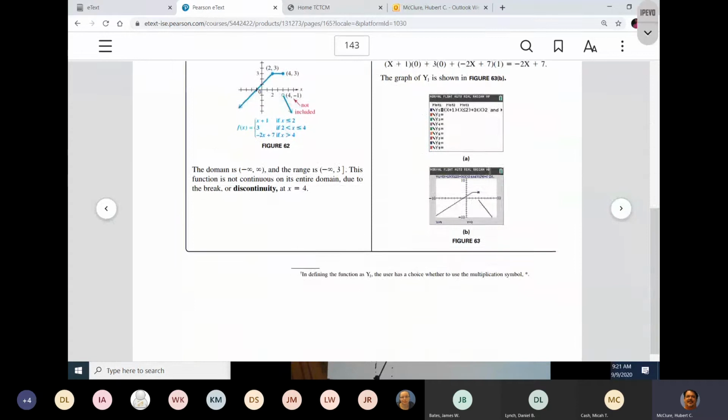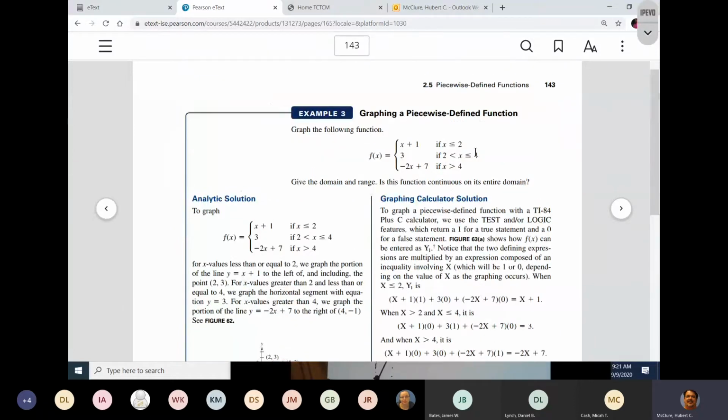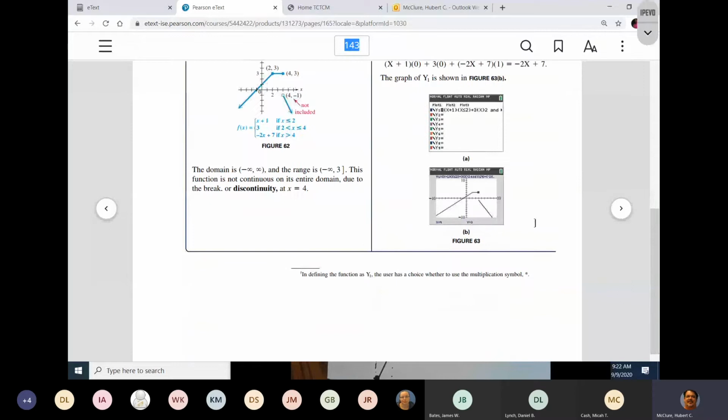Now, I would highly suggest that you read this graphing calculator solution, because some of you may not remember how to type in a piecewise function. That shows you. That's page 143. Please make a note of that. And that's just for your information. Okay? So let me find the